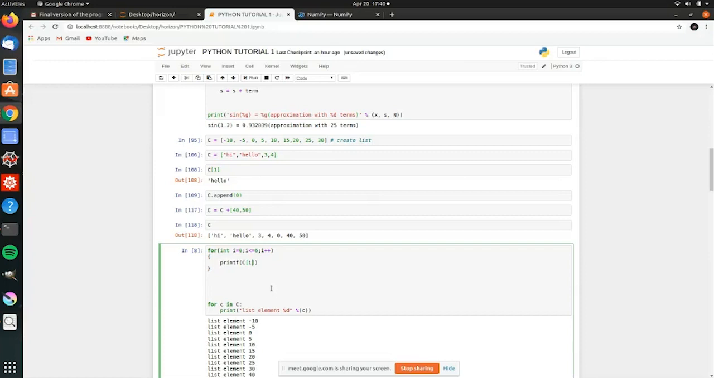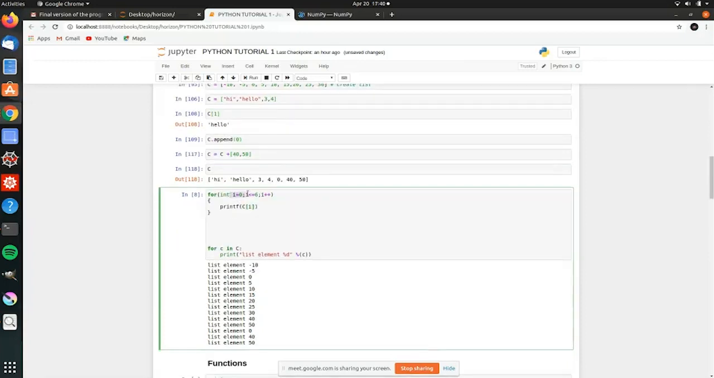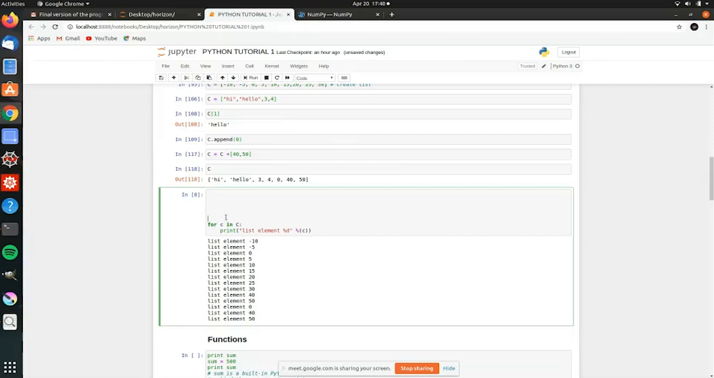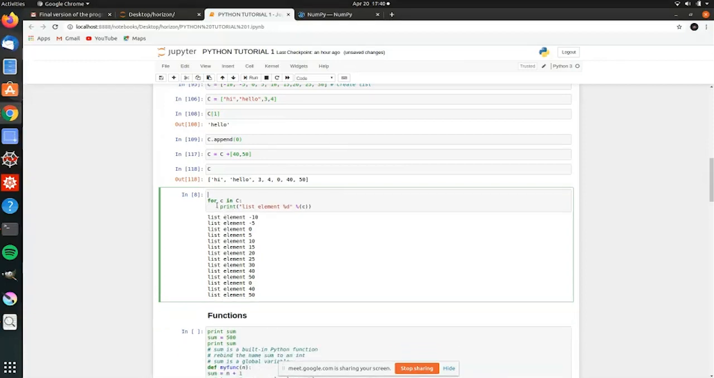It's very easy in Python. You don't need to do initialization at all. Instead, if you take a variable, let's say small c, and then type for small c in capital C, print list element. This will iterate over C and assign small c to each and every element in turn. So for the first run of the loop, c will be hi, and for the second run it will be hello. So if I just run this,